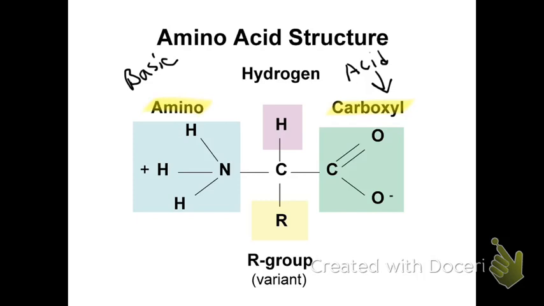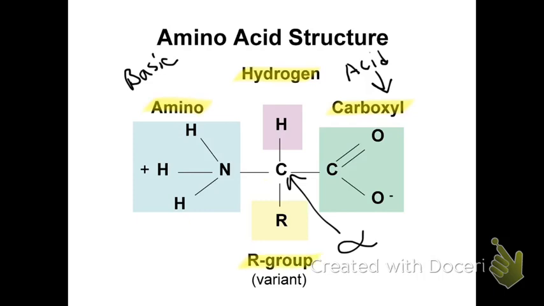Now, what else is common about all amino acids is they have a hydrogen group here, and this hydrogen group, like the carboxylic acid group and the amino group, is attached to a special carbon right here, and that carbon, looks like I made it too dark, but that carbon right there is more or less called the alpha carbon. The reason why it's the alpha carbon is because we have 4 different groups that are going to be attached to that carbon: the amino group, the hydrogen group, the carboxylic acid group, and then the last one is